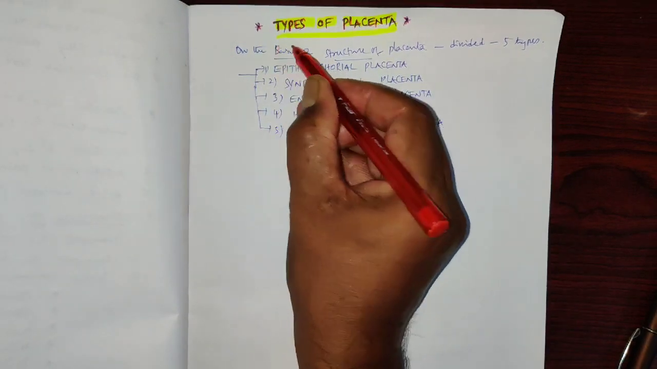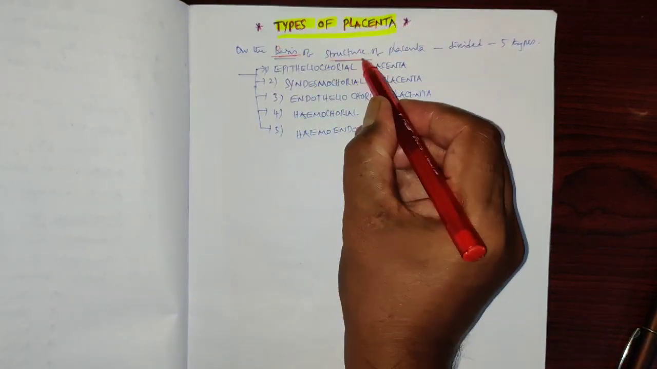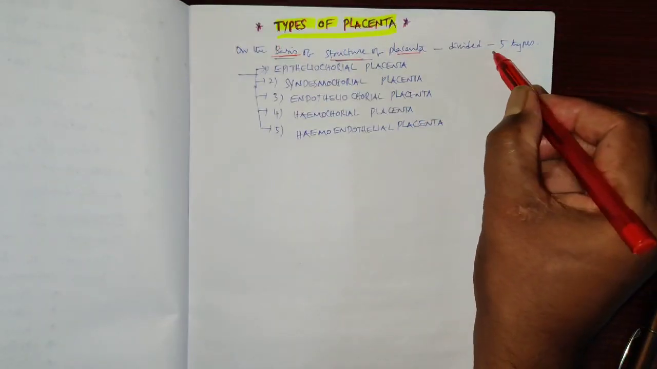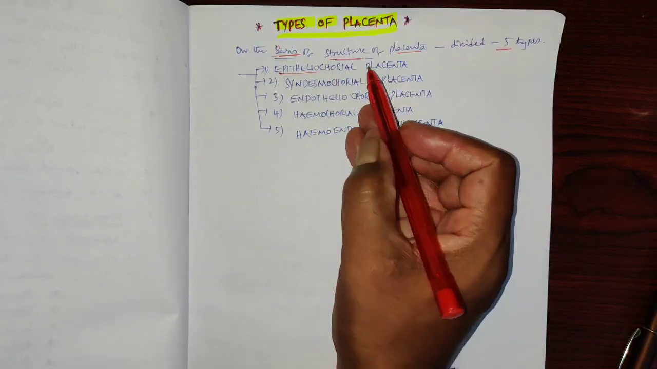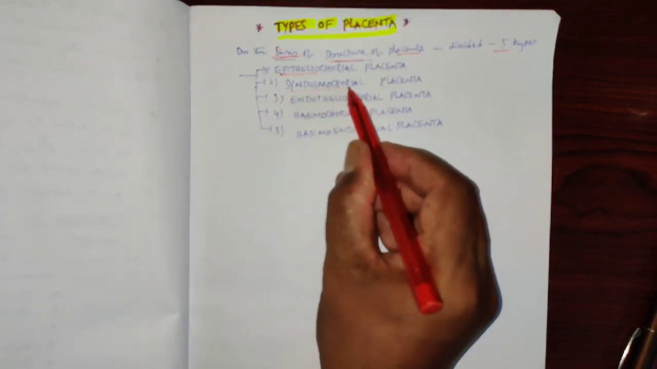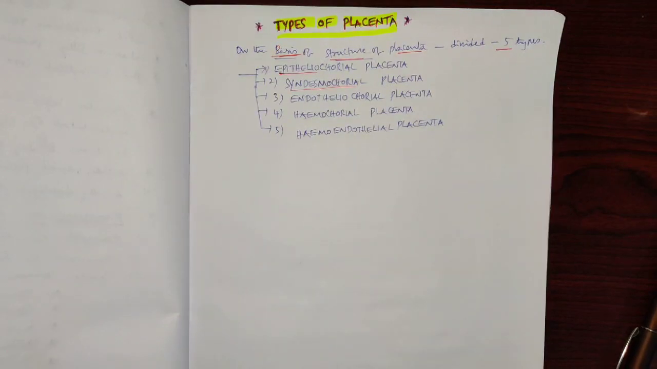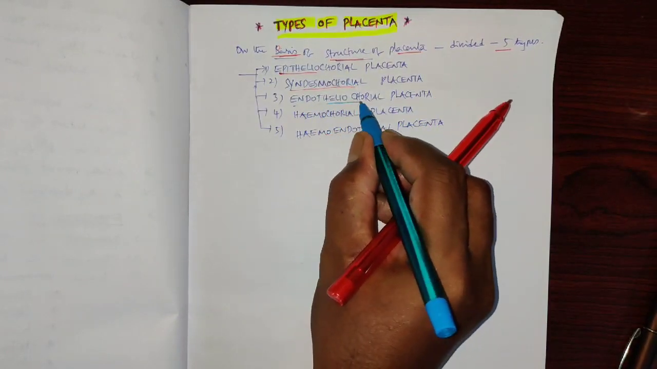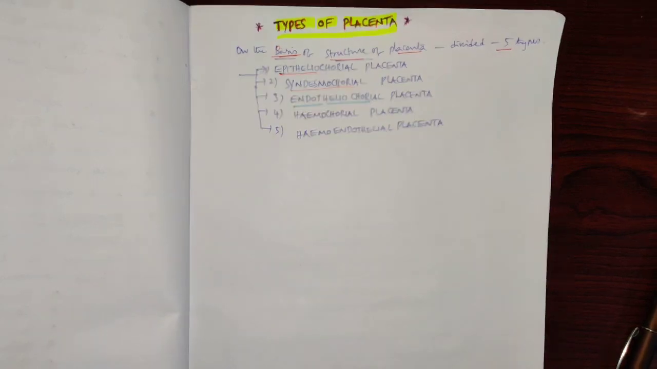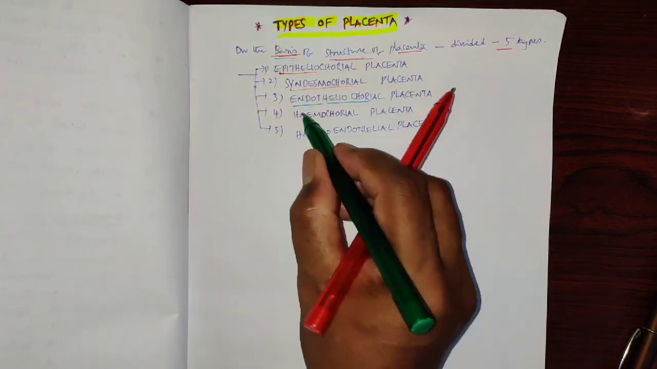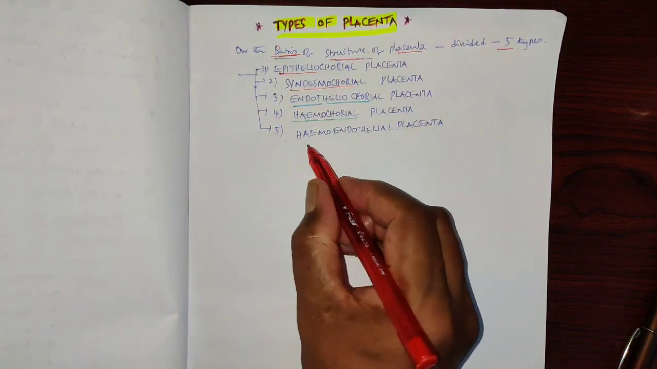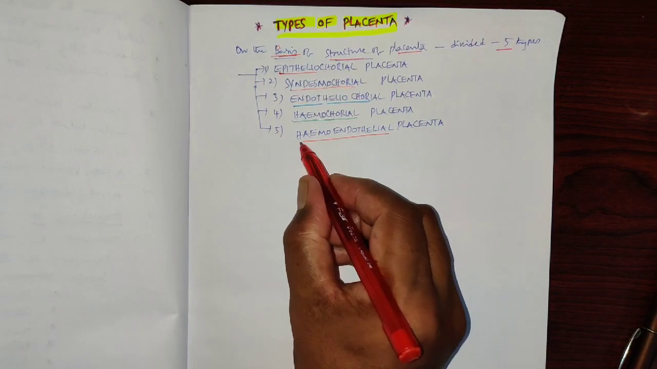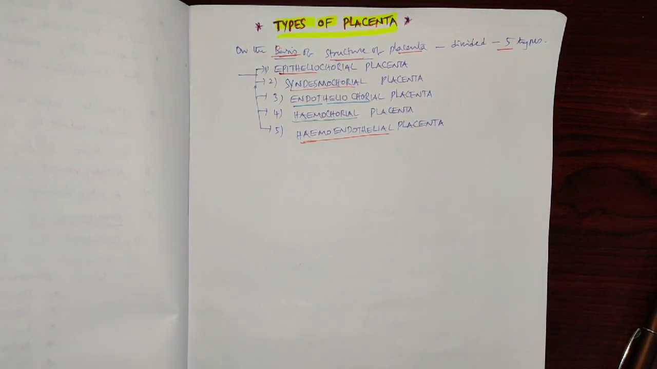So on the basis of structure of placenta, they have been divided into 5 categories. They are called epitheliochorial placenta, syndesmochorial placenta, endotheliochorial placenta, hemochorial placenta, and hemoendothelial placenta. Now let's see, the first one is